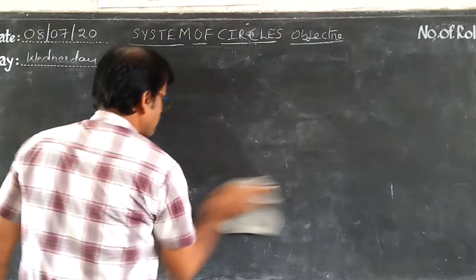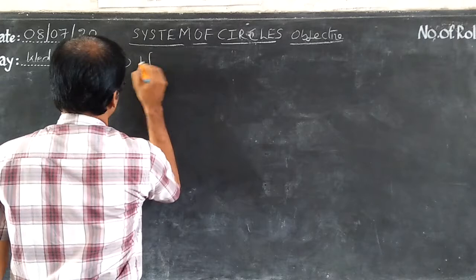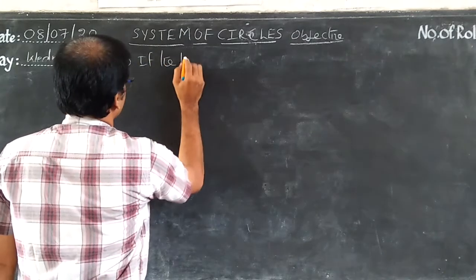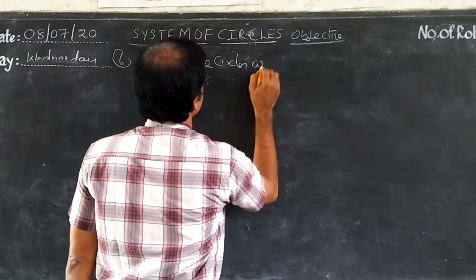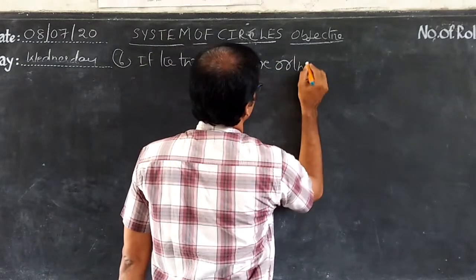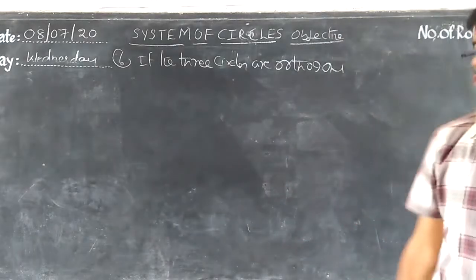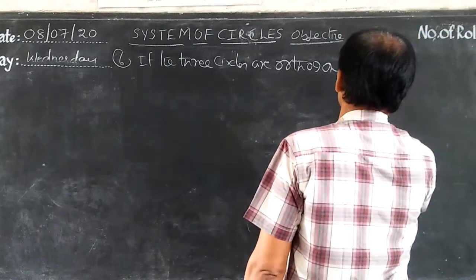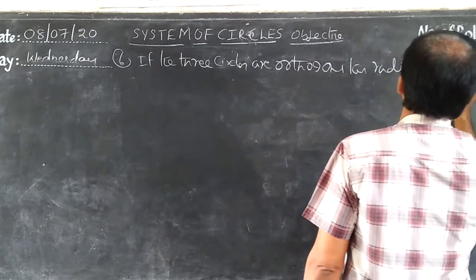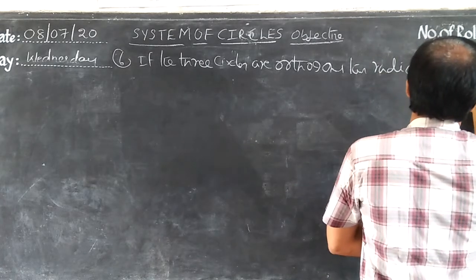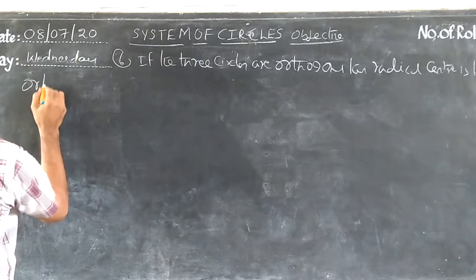If the three circles are orthogonal, then the radical center is the orthocenter of triangle ABC,